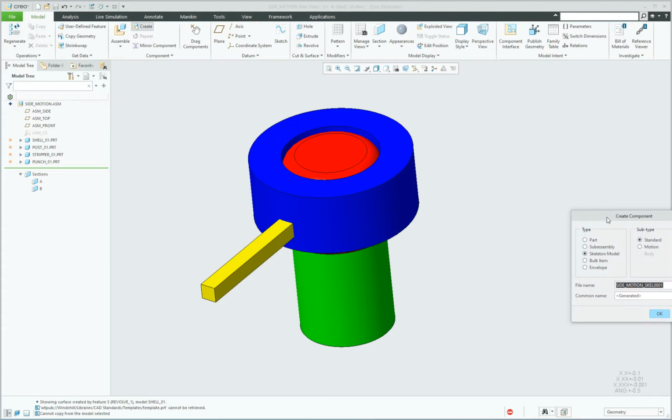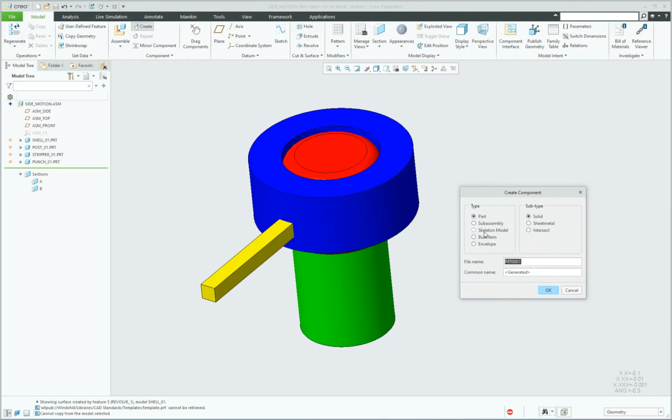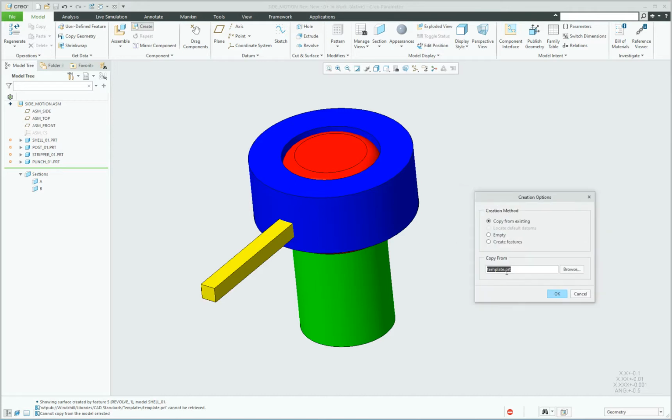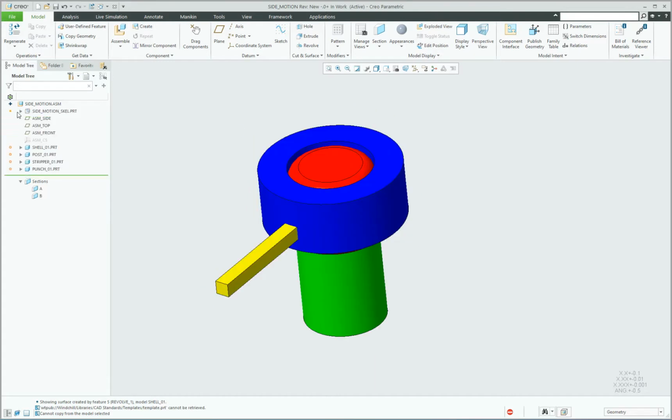Create new part, and this time instead of a part, we're going to pick skeleton model. It automatically gives it a name. For now, I'm just going to keep it called side motion skeleton. And it can just copy it from our normal template start part, which is fine. It will automatically assemble it as the first thing in the model tree. You don't have any control over that. And then what we're going to do is, let's go into